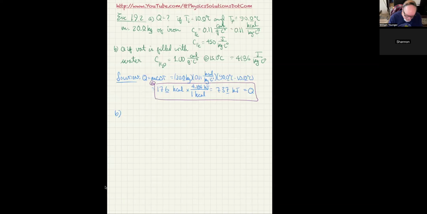Gotcha. All right, now what we're doing is not only heating up the vat, which is made of iron, we're going to have the vat filled up with water and we want that to be increased as well. We know the iron's not going to change, so we can just keep these figures right here. But what we need to figure out now is what if we actually put 20 kilograms of water in the vat? How much would that take? So in that case, I'm saying Q, and I'll subscript it water so we'll know it's just for the water part. That's also equal to MC delta T.